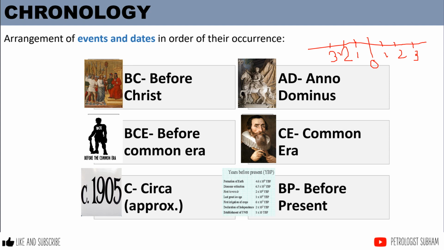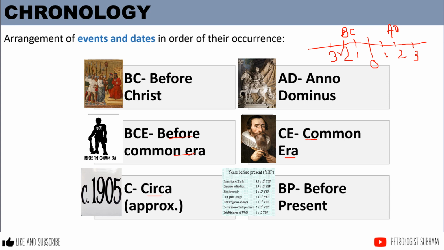Now before Christ and Anno Domini are used by religious people to mark the year of Jesus as 0. Before his birth it was known as before Christ, and after his birth it was known as Anno Domini, okay? Understood? Okay. Non-religious or secular people, if they didn't count the birth of Jesus, just used before common era and common era from this point of time, okay?